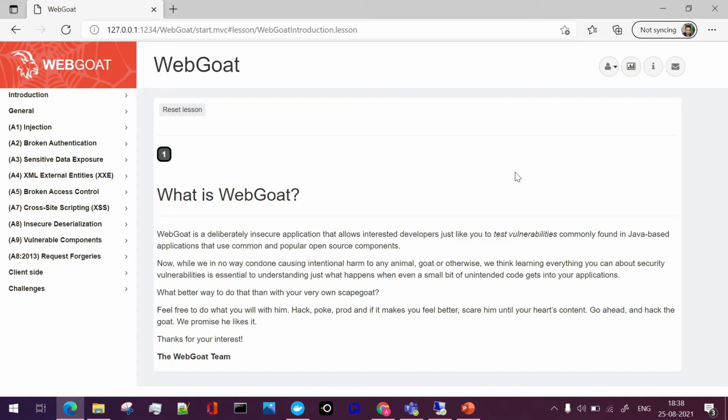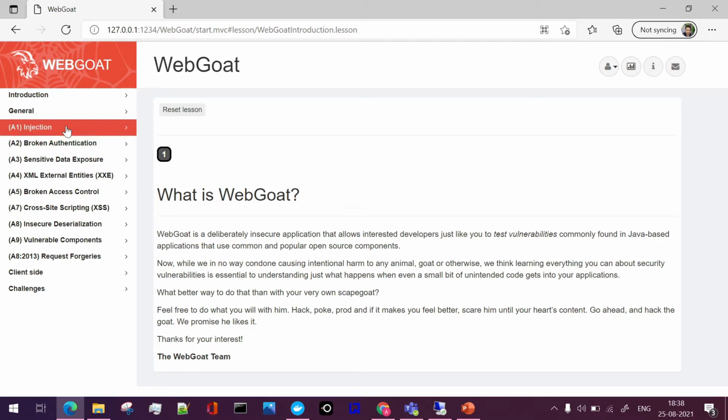As we have already seen about WebGoat installation using Docker, I have launched the same Docker setup on port 1234. If you're not aware of WebGoat and its installation process, you can watch the previous session. I've even added it in the card section, which you might see in the top right of the screen. So let's begin with SQL injection.